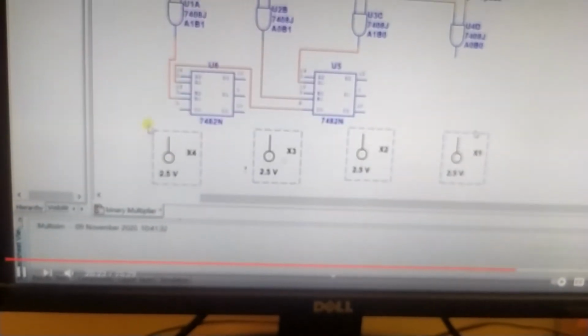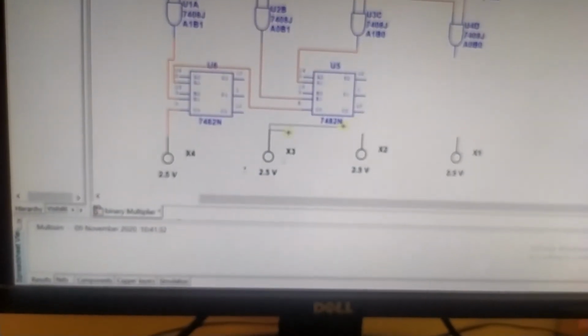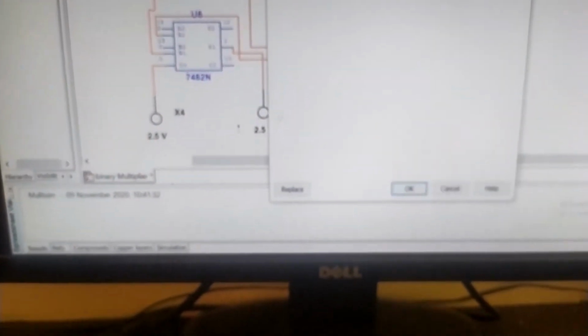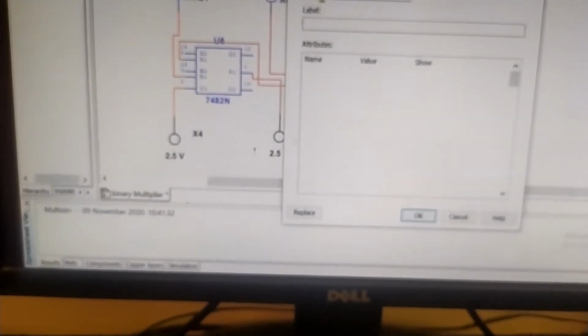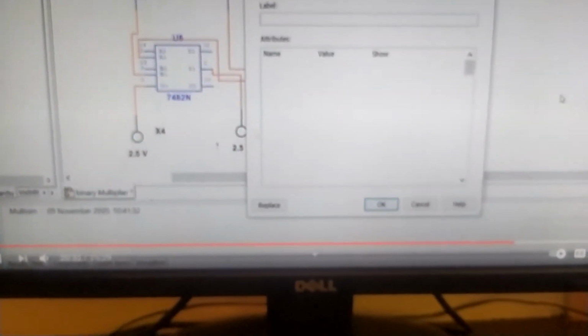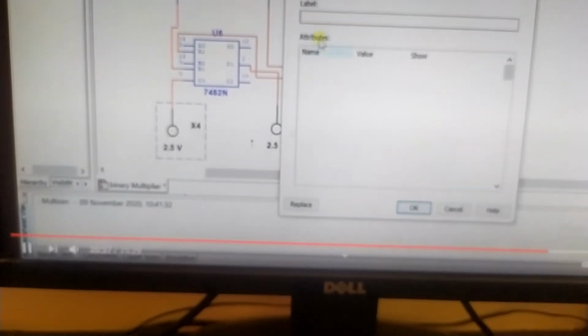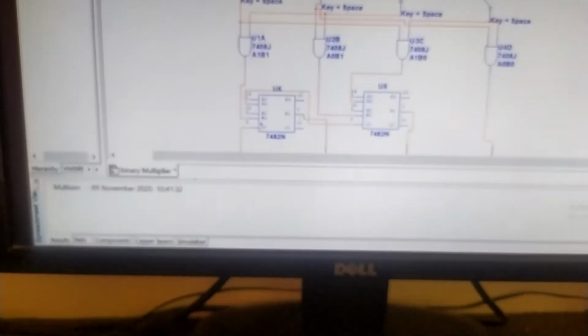P0, P1, P2, P3 are your outputs, the same as X0, X1, X2, X3. So you can label this as partial product P0, this is partial product P1, partial product P2, partial product P3.